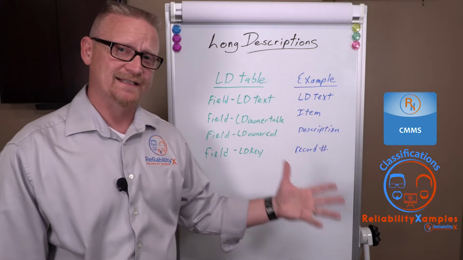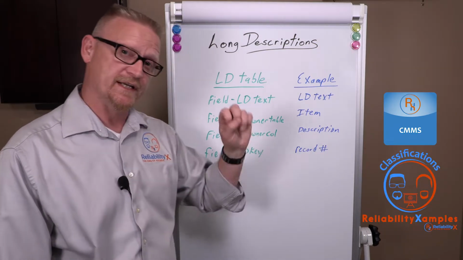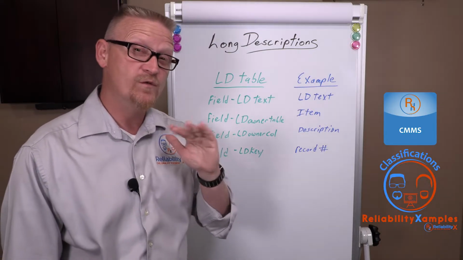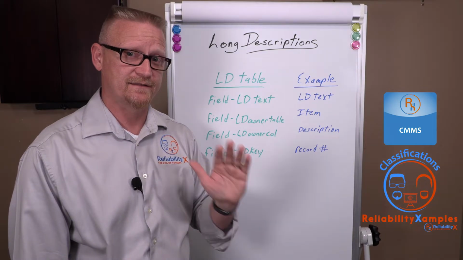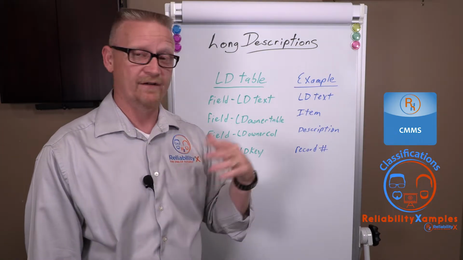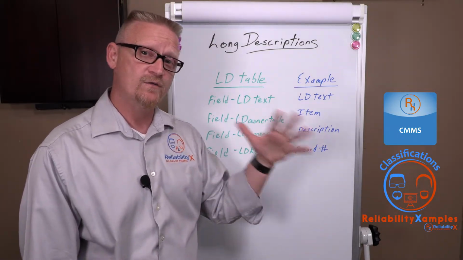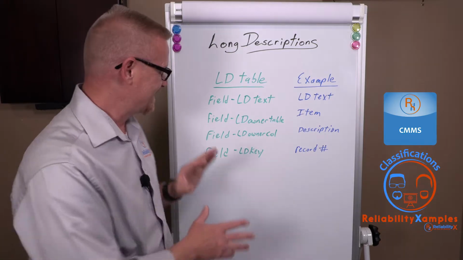For every asset or equipment record that you have, every place that you can expand a long description, there are records in this table. For every work order that you have, for every work order task that has a long description, you have a record in this table. For every item number, for every inventory record, for everywhere in your database that houses a long description,